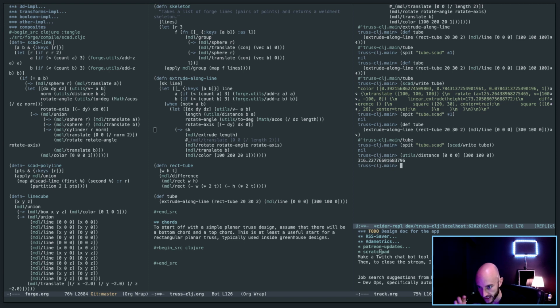So that's the length. So if I do 0 divided by that, oops, I have to do it this way. 0 divided by that result is 0, which obviously makes sense. So now if I do math acos of that result, I get 1.57. Now if I do utils/2 degrees of that result, I get exactly 90 degrees. So that